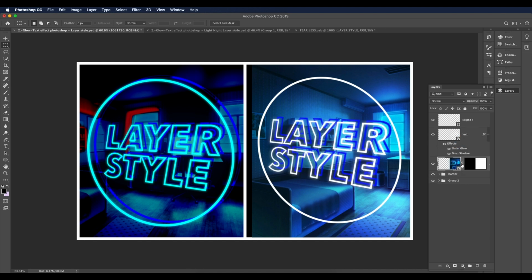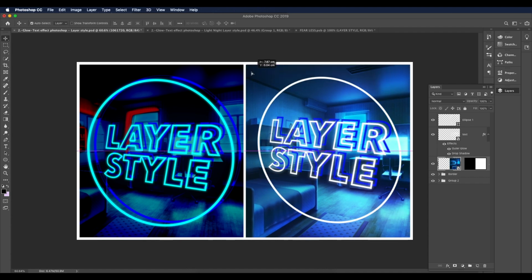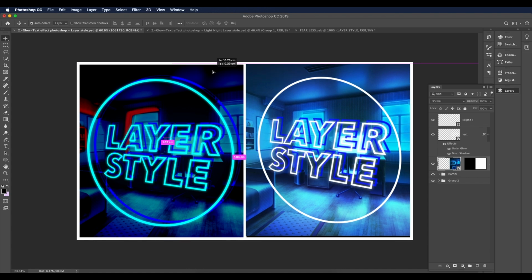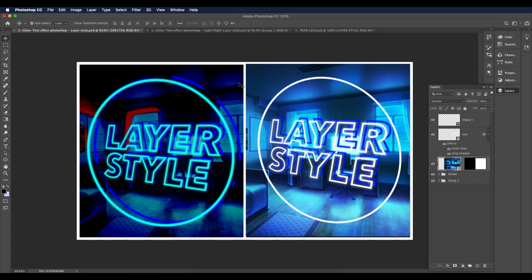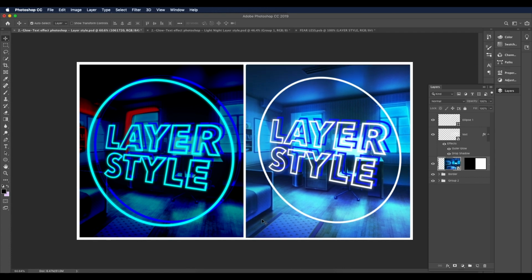And now I'll just unlock this, select this layer, and move it to the left side, something like that. And we'll keep it like that. So use the arrow keys and the mouse just to move it up and down. Now as you can see, the room is a little bright, so we're going to add